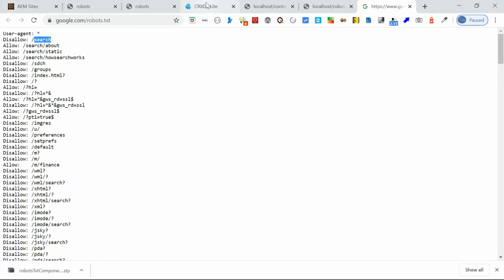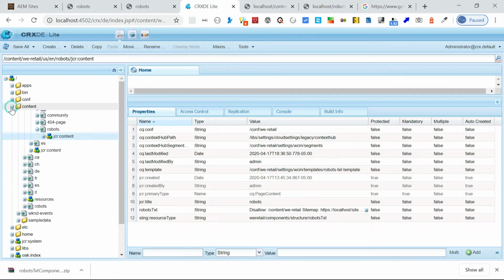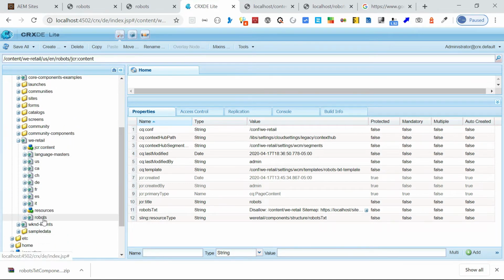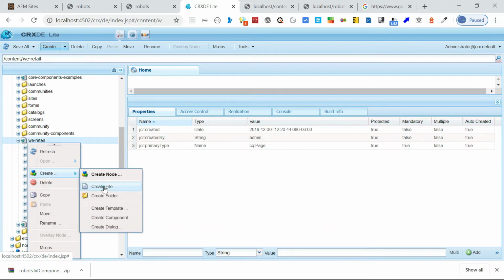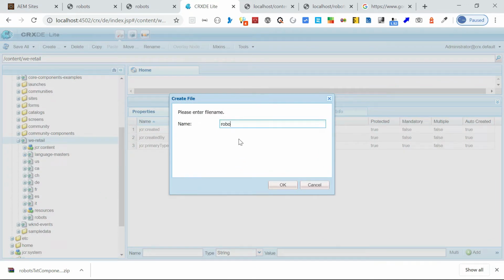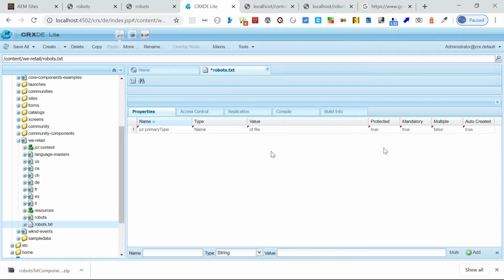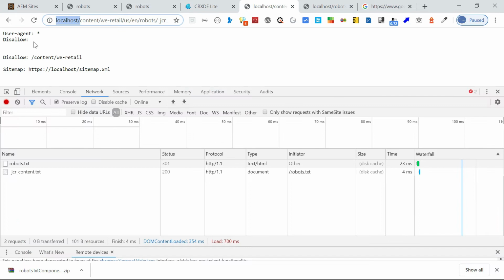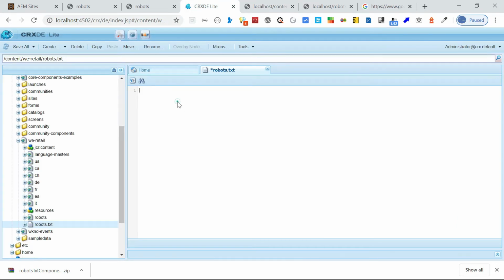So what does that approach mean? Let's go here to content. Under web detail I already have something called robots, which I will explain. Just click create a file, and name it robots.txt. This is just a file, and whatever you want to keep here, you can keep. Let's say we copy from here and keep this. Now this text file will be accessible through content slash vretail slash robots.txt.